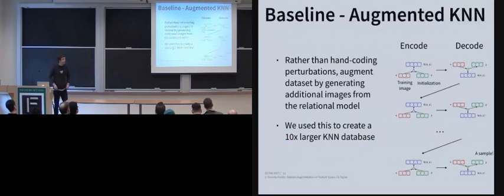Now, one thing that's inspired future work that I'll be talking about is a baseline that says essentially these relational models that we've been using to enforce realistic transformations are generative. So we could actually generate a much larger data set by sampling from the relational model. We've trained it on pairs of examples, for example, facial expression changes or rotations, and then we can take an item in the training data set and generate a new version of it undergoing some realistic transformation. And the baseline that we use is we essentially increase the size of our KNN database tenfold by using these synthetic transformations.